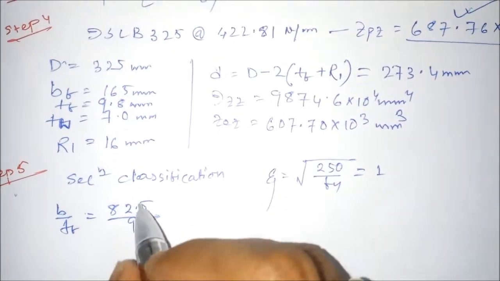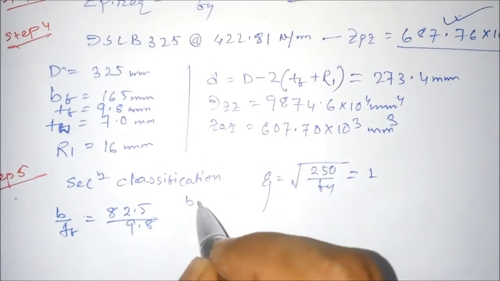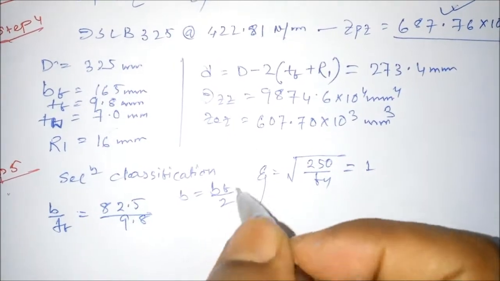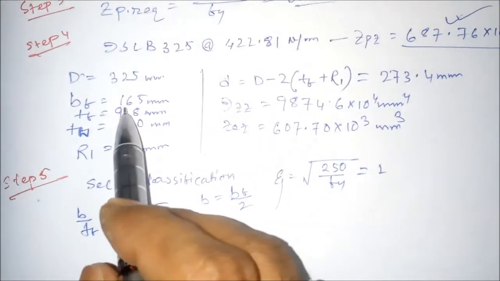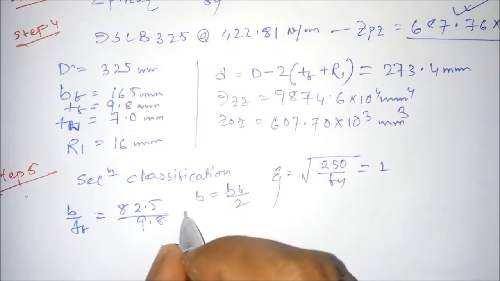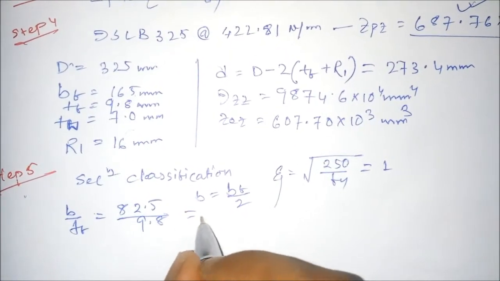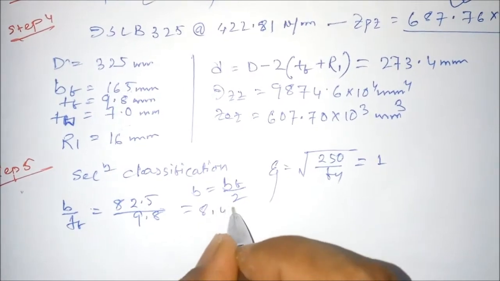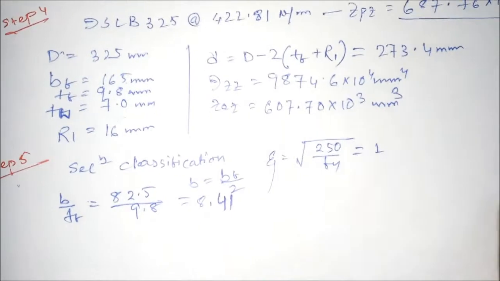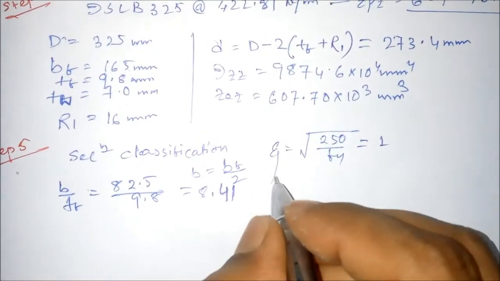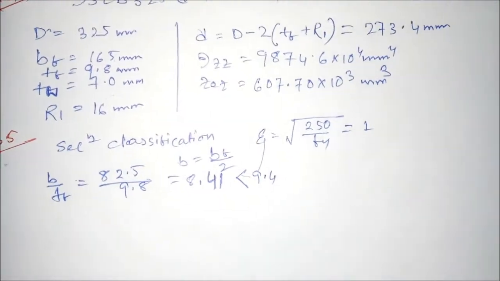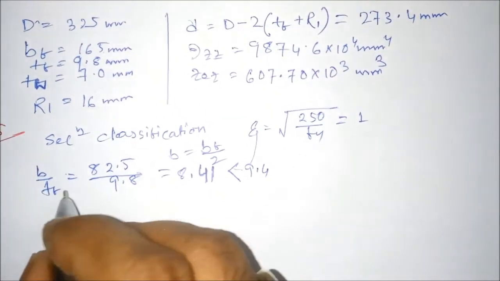How we are getting that? b is equals to actually bf by 2, so bf is equals to 165. This value is coming 8.41, right. So this value is lesser than 9.4, right,